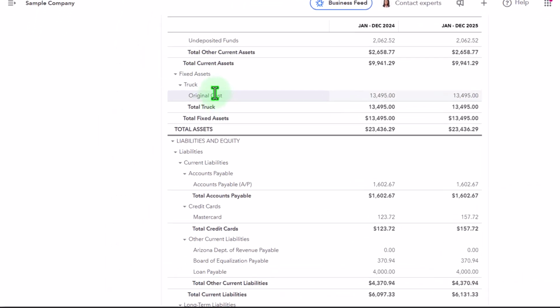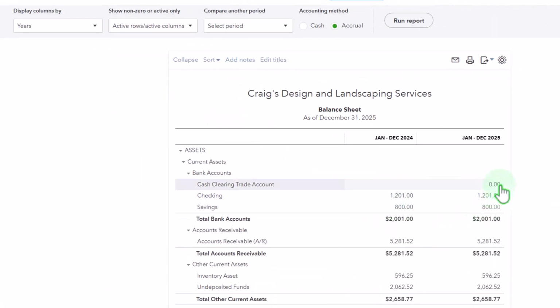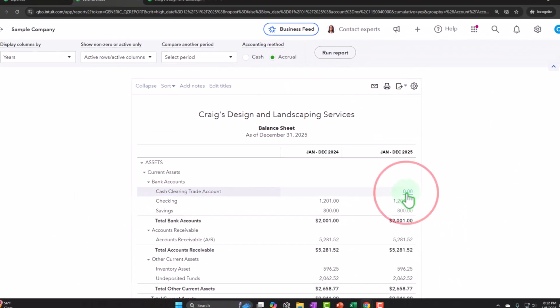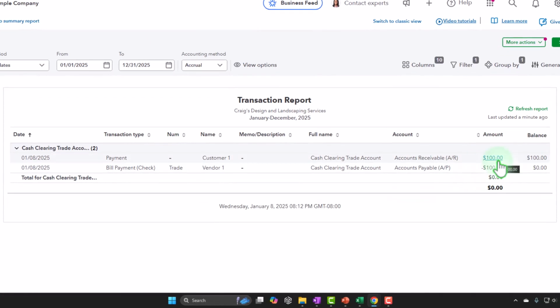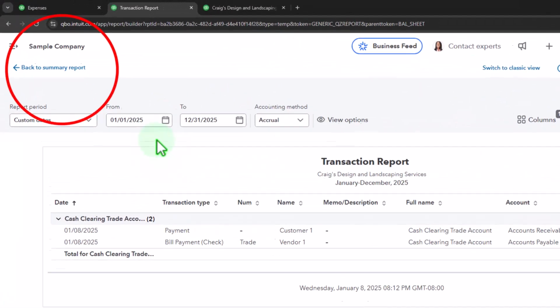And on the balance sheet now, because these two amounts aren't in the checking account, they're not going to mess up our bank reconciliation. See, I could have done the same thing and put those two into the checking account. But if I did that, then I'd have these two transactions that would come through to the bank reconciliation, and I'd have to check them off, which isn't a big problem because I could just check them off, but it's still kind of a pain to do because I'll have to remember that those two, I'm going to have to check those two off. All right, let's go